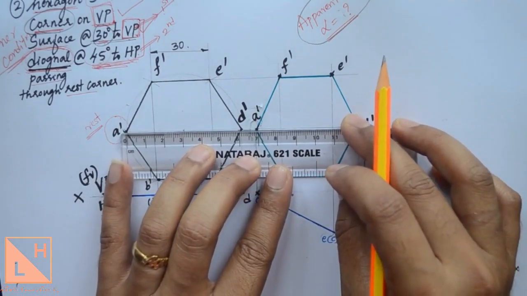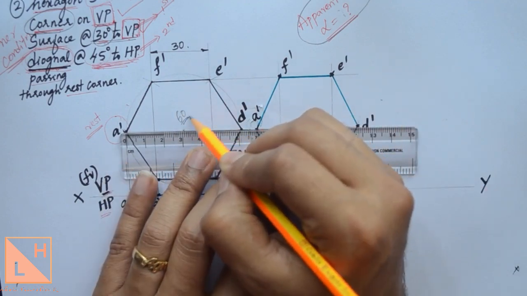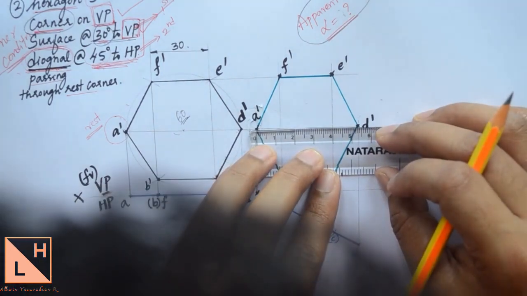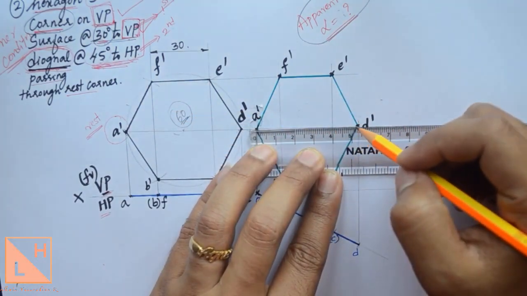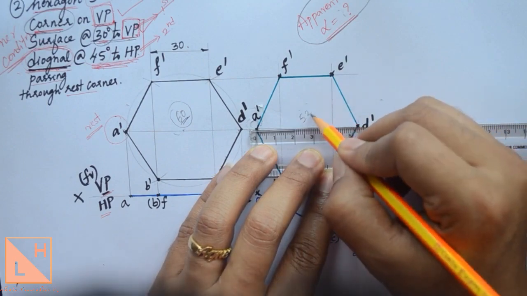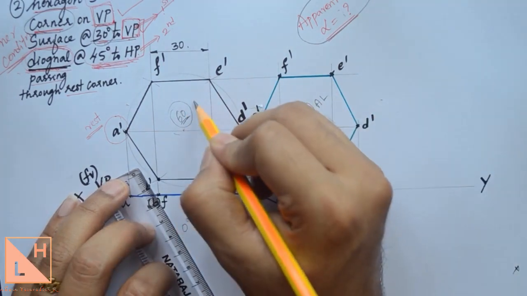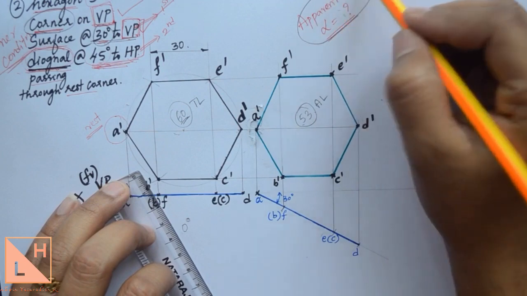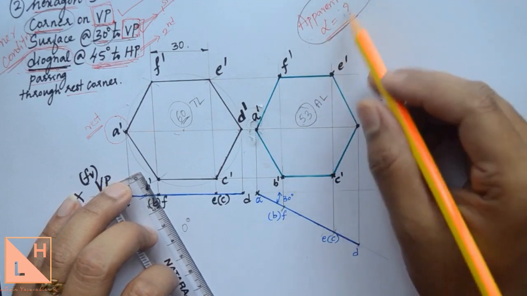If you check the length of the diagonal in the first position, it is 60 millimeters. Now if you check the length of that same diagonal in the second position, you will find that the length is reduced. Initially it was 60, now you have got a length of 53. Now this is called the apparent length and this is called the true length. So we know the true length, we know the true angle, which is 45 degrees, and we know the apparent length. The only thing that is unknown is the apparent angle.